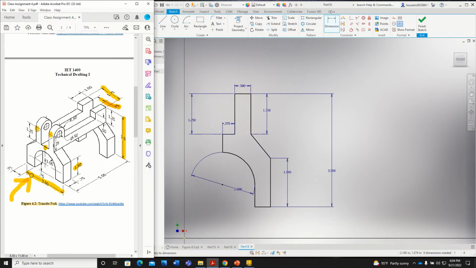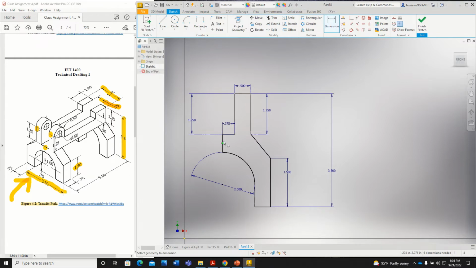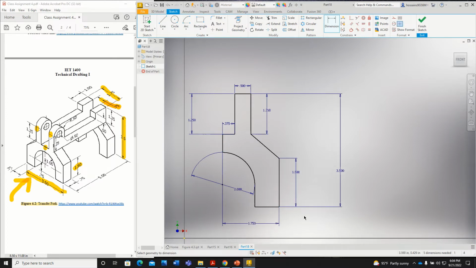This is 3.5, so half of that is 1.75, which is basically from this end to this end, which needs to be 3.5 divided by 2. Okay,